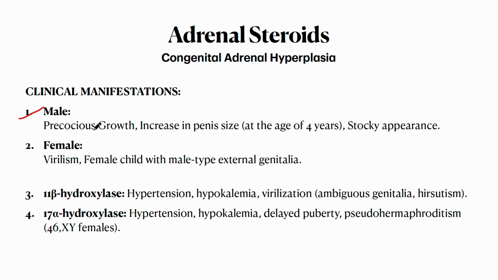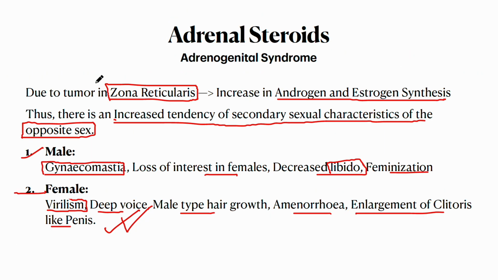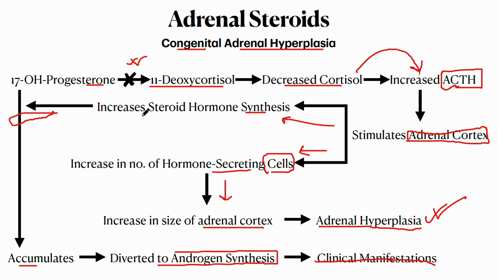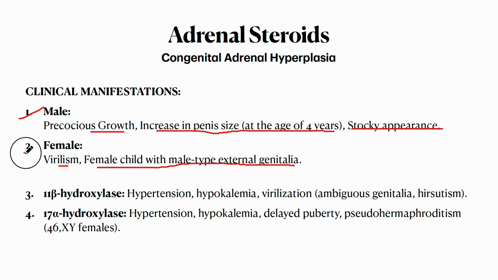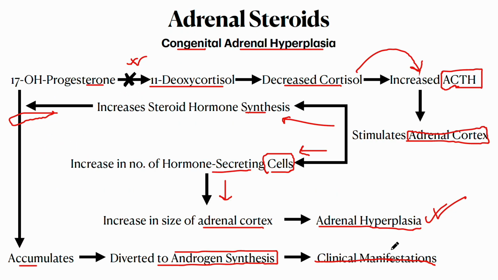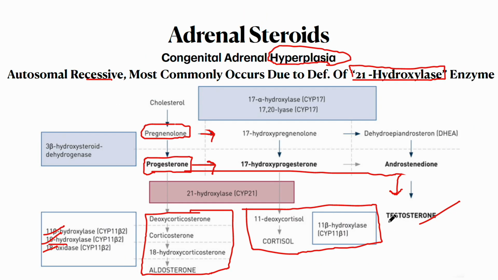In males, there is precocious growth because there is an increase in androgens, increase in penis size at the age of 4 years, and stocky appearance. And in females, there is virilism. A female child with male type external genitalia is there. Okay. So in adrenogenital syndrome, there is an increased tendency of secondary sexual characteristics of the opposite sex, right? But in this case, both male and female are experiencing the symptoms of increased testosterone here, because